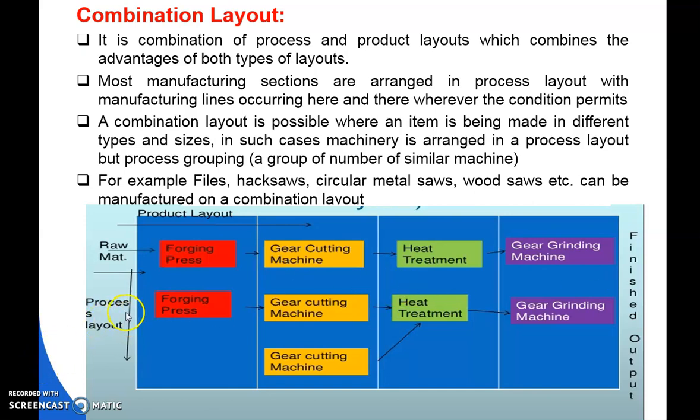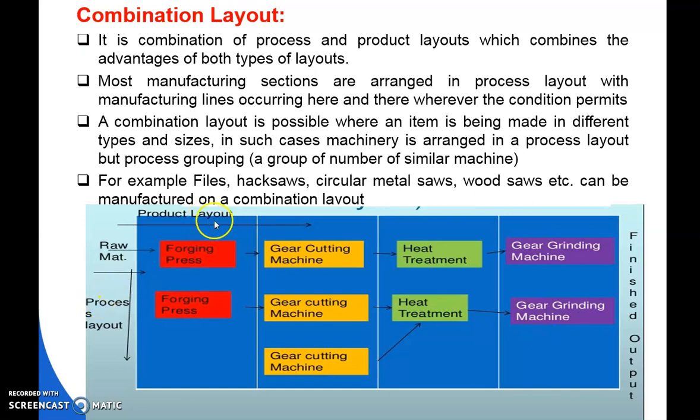So we have seen from this figure that we have arranged all the machineries along the process layout. The vertical lines, the vertical columns where the machineries are arranged, are known as the process layout. Forging press, it is the process layout. Gear cutting machine, it is a gear cutting department. Heat treatment department, grinding machine department. All the machines are arranged according to the process layout,